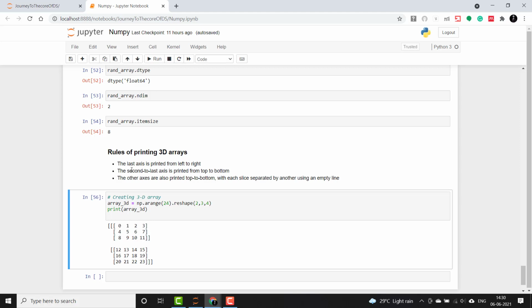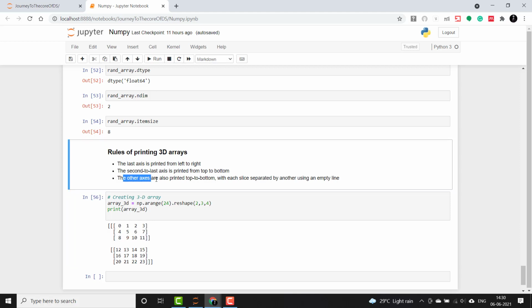So let's look at the rules again. It says that the last axis is printed from left to right. The last axis is 4 and it is printed from left to right, which is this one. So 4 matches the number of integers. Then it says the second to last axis is printed from top to bottom. The second last dimension is 3 and it matches the number of rows.